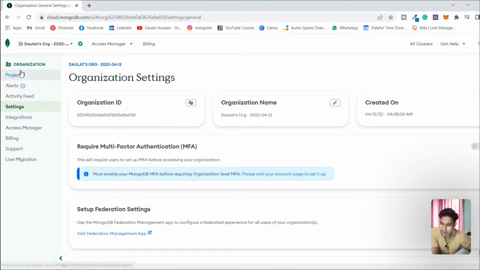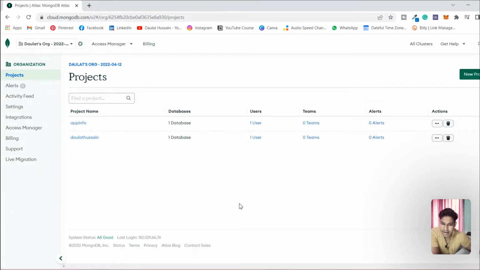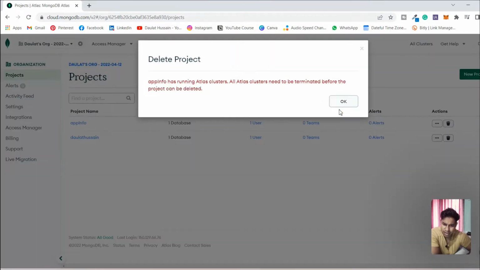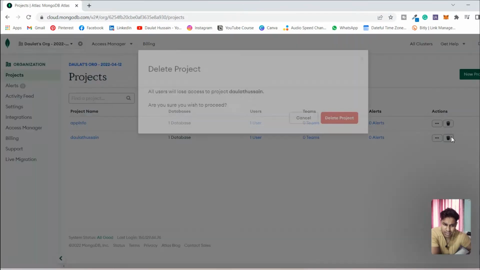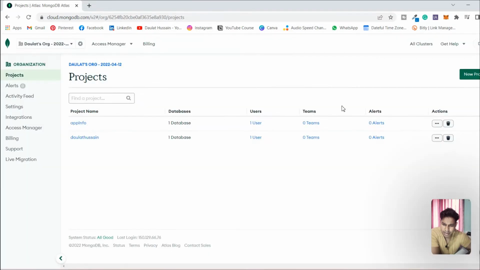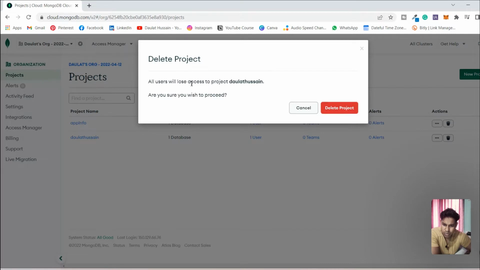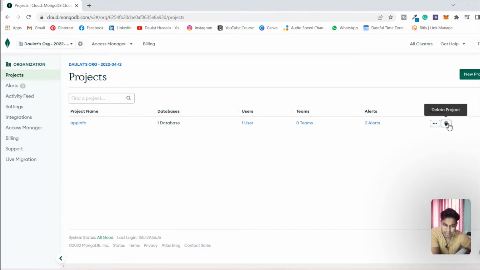I'll click on projects, and here I can find all the projects which I have created. I have already created 2 projects. That's why it's saying that I have exceeded my limit. So I will delete this one and this one, and I will also delete this project, and I'll refresh and see what the problem is. I want to delete it. All users will lose access, okay, not a problem. So it's deleted. I want to delete this one as well